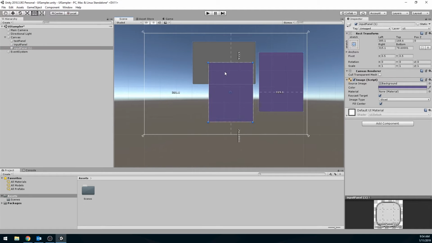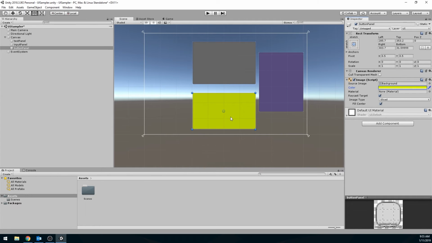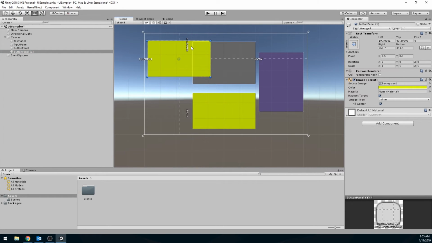This will duplicate the object, so we can position it, and we can rename this then to button panel. I'll change the color to like a yellow. I'll again right click, duplicate, move this one over here, change this one to Dropdown Panel,